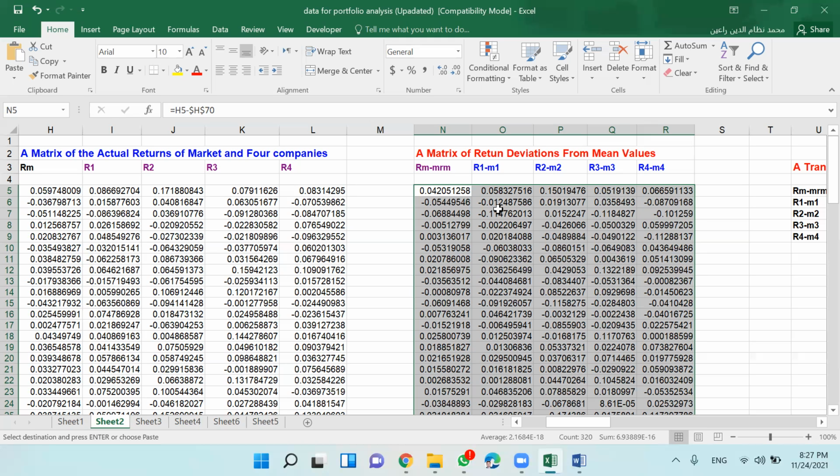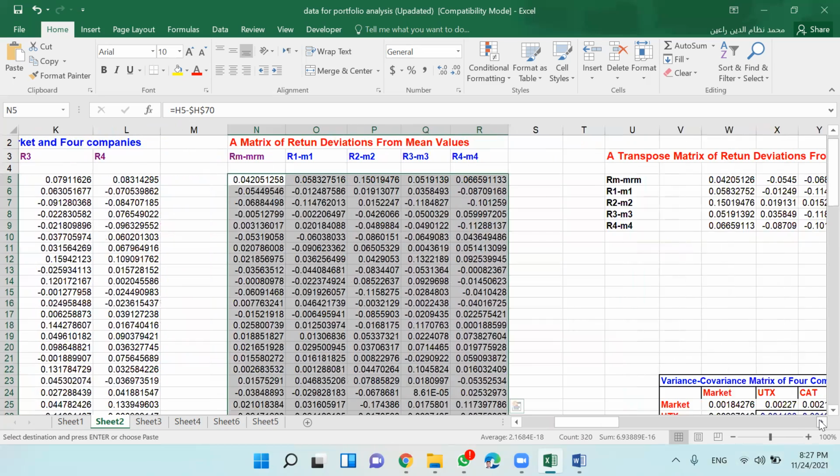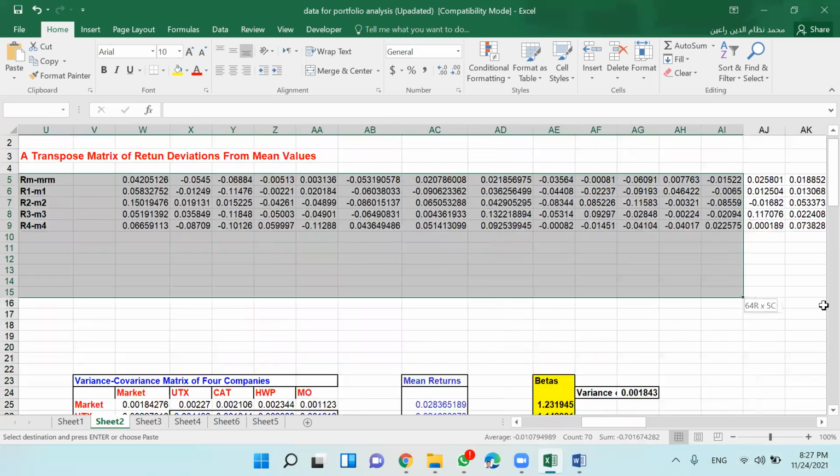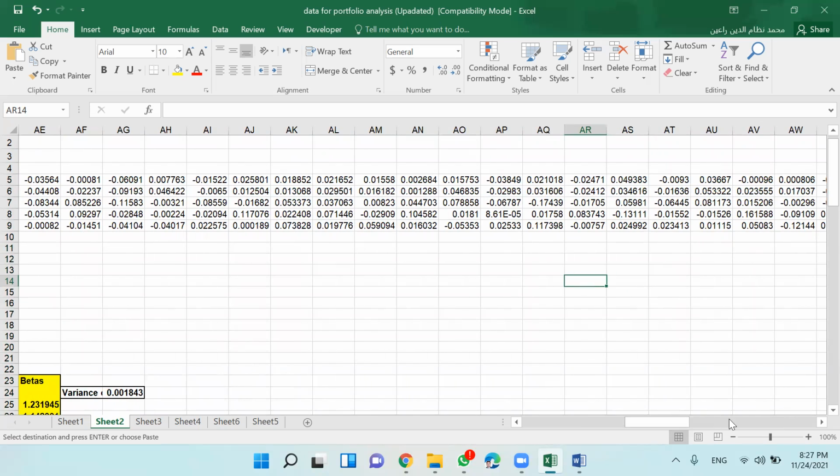Okay. So now your matrix is 4 by n. The previous matrix was n by 4. This is 4 by n. You multiply the 4 by n matrix with the n by 4 matrix, and you get what is called the variance covariance matrix. So you took the transpose, and last time we took the transpose here, okay? And hopefully you are familiar with it, and we just want to create a variance covariance matrix.